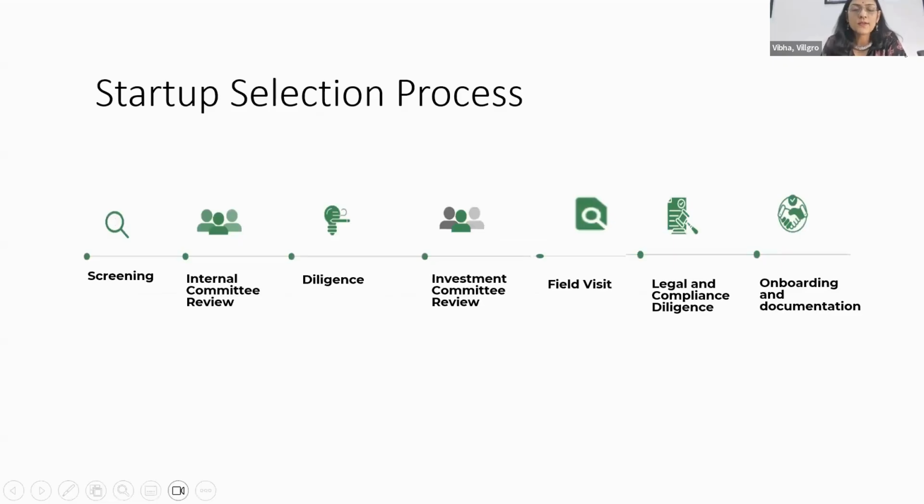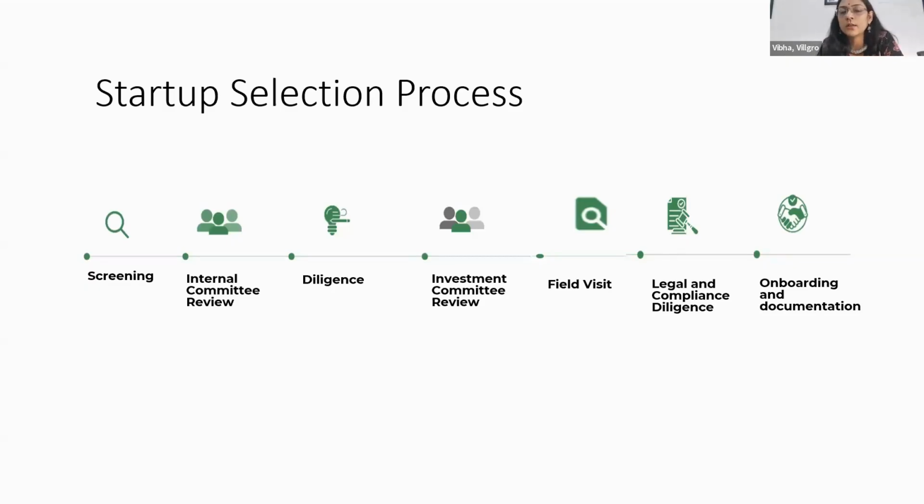In terms of the process that we follow when we are onboarding an enterprise, we do an initial screening. Say, if I need to select 10 enterprises, I'm likely to start with a funnel which has 100 enterprises. So 100 apply to me. I do an initial screening. Then I take the shortlisted, which would typically cut down about 60% of the applications. I am left with 40, with which I will likely do a conversation, and then take